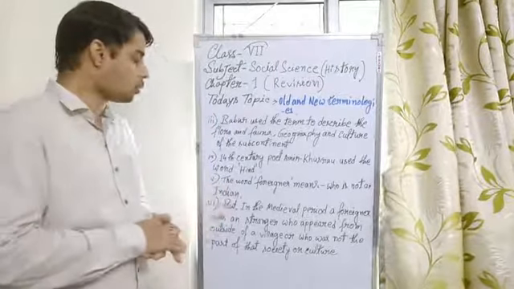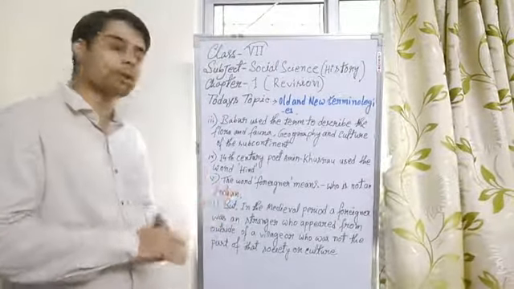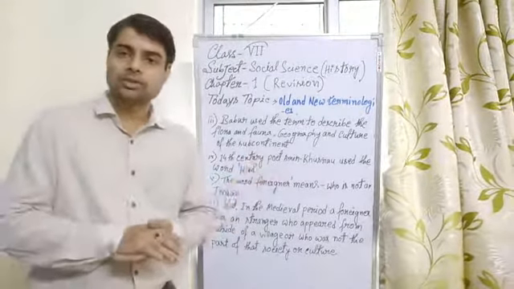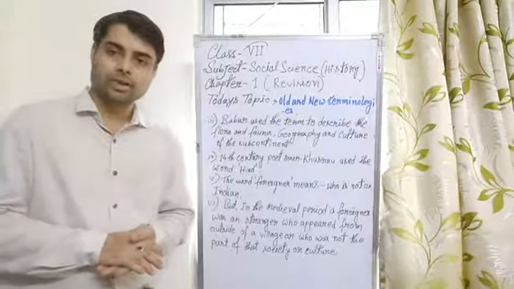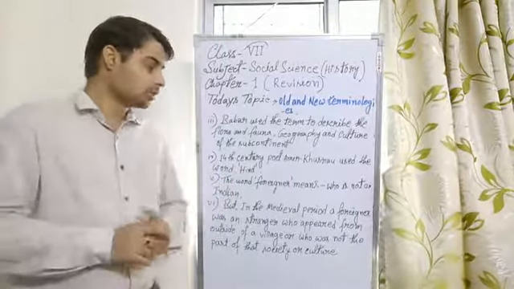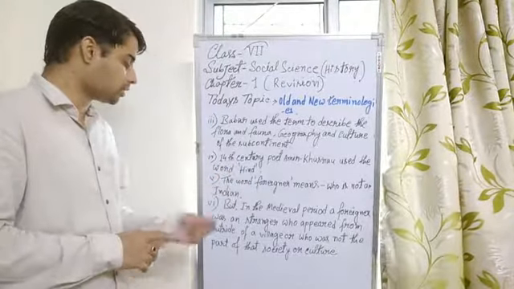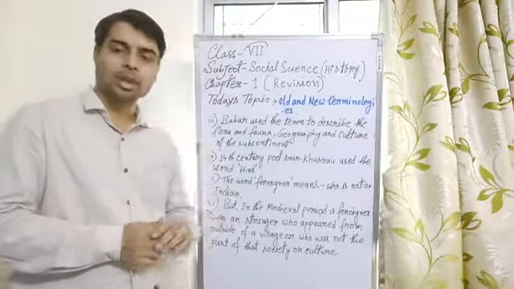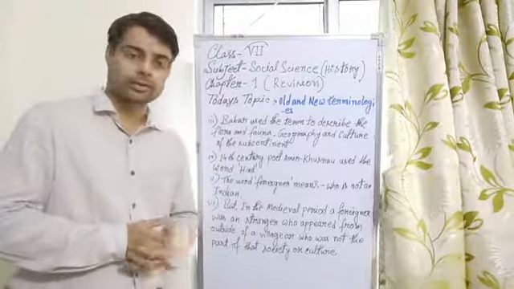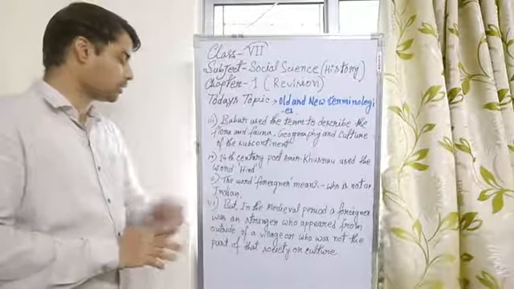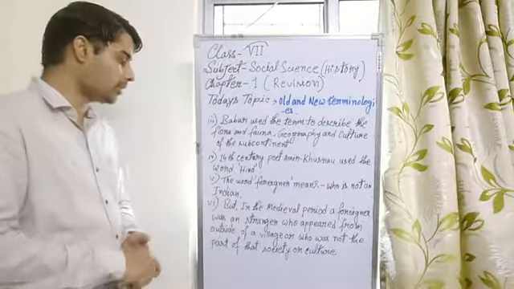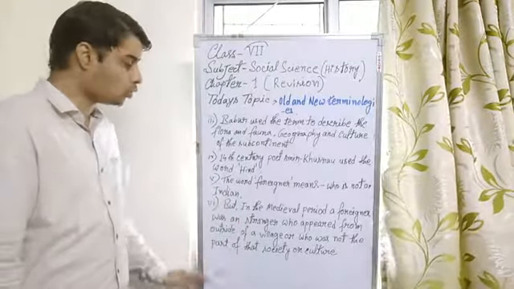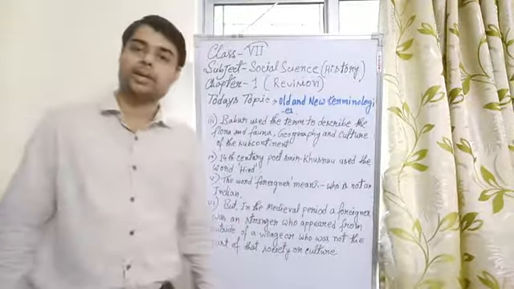Number 5, the word foreigner means someone who is not an Indian. Another example of how old and new terminologies are different is the word foreigner. Look carefully: today it is known as someone who is not an Indian, who came from outside the country. Number 6, but in the medieval period, a foreigner was a stranger who appeared from outside of a village or who was not a part of that society or culture.